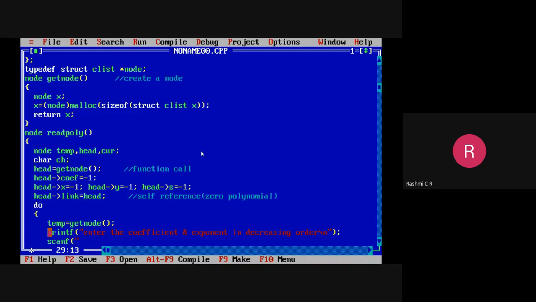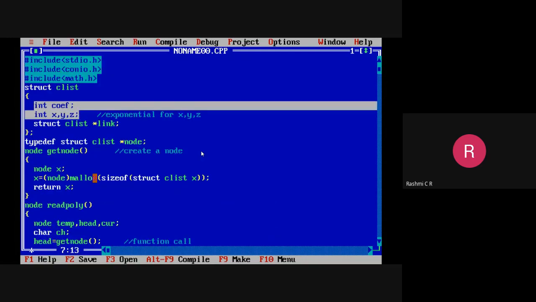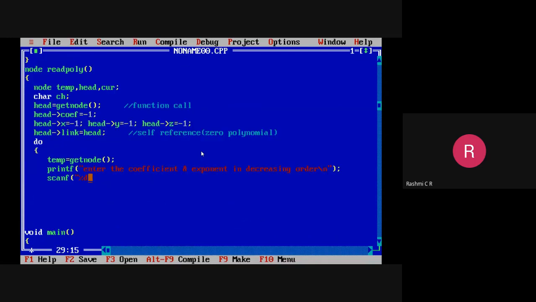Okay, so now get the details of the exponent and the coefficient. All the values, exponent and coefficient, are indicated as integer in the structure declaration. Hence, you can consider that as %d only. One is for the coefficient. Next, we should have three %d for x, y, and z. Since it is integer type, we have to specify ampersand.